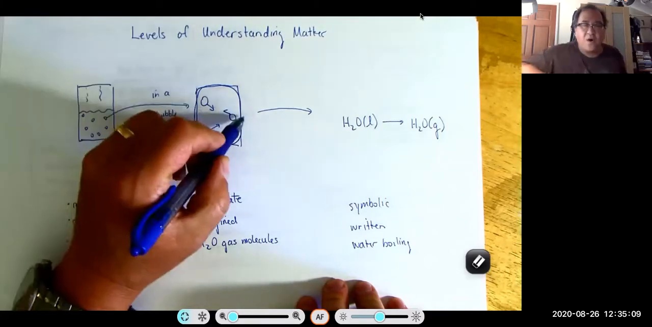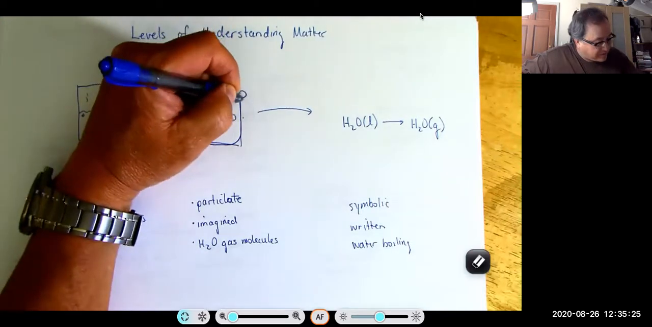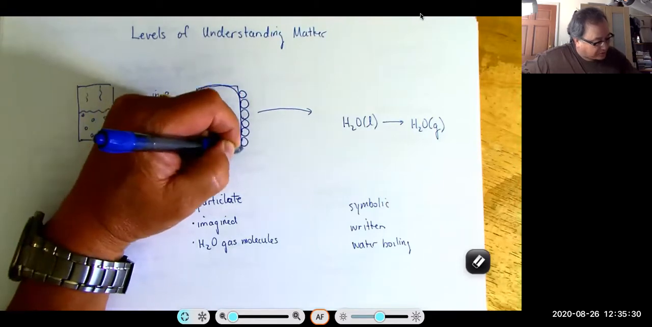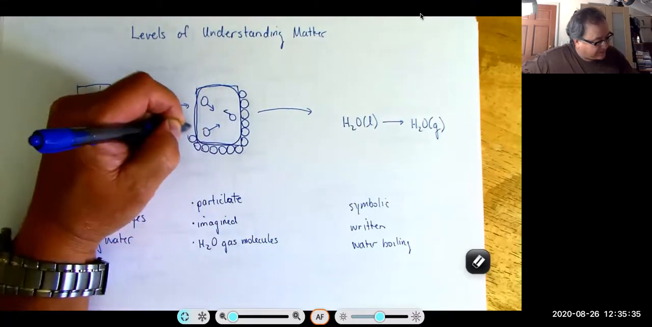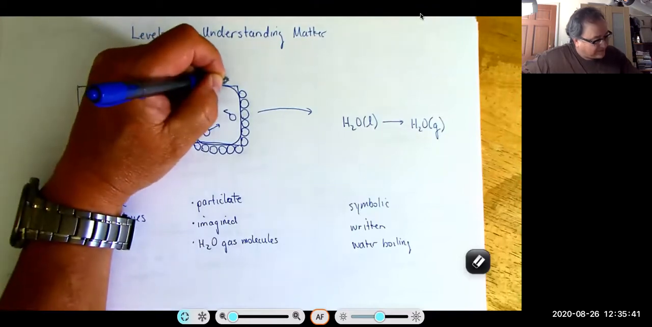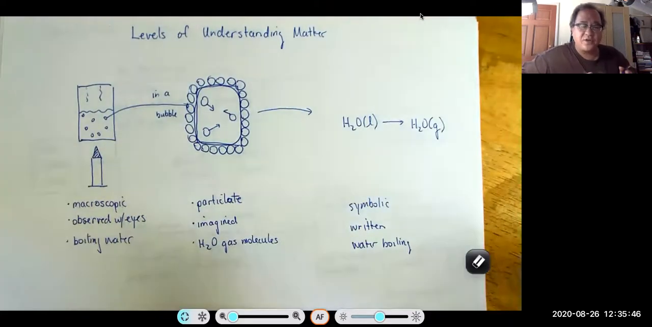what is that wall made of? Who wants to take a guess? So this is a bubble. What's that wall made out of? Happens to be made out of H2O molecules. Can you imagine that? Those gas molecules are contained within an envelope